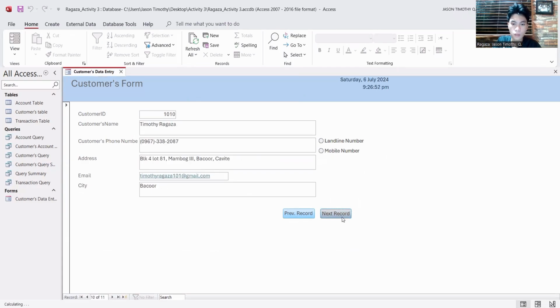Let's head over to the end, which is the blank form, where over here we can add a dummy variable, and then we can add a random number, and then random address, and then random email rather.